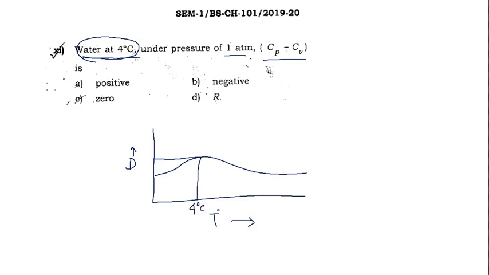We all know this anomalous property of water. So density is maximum, that means for a given amount of water the volume is minimum, right? Density is mass by volume, so if density is maximum, the volume is minimum